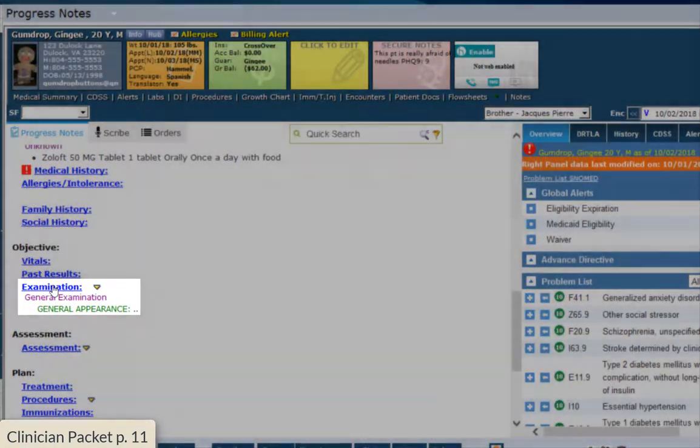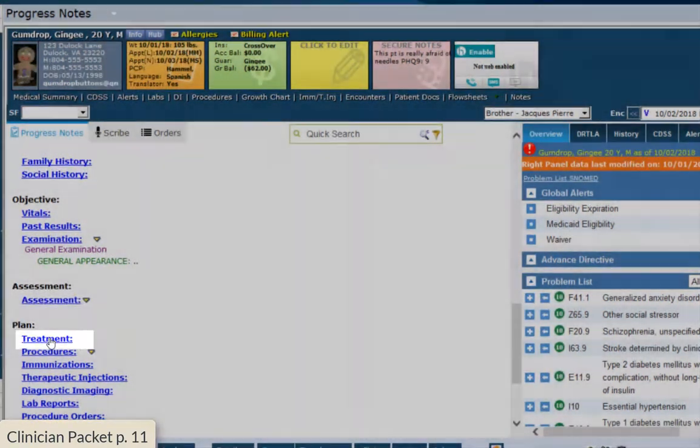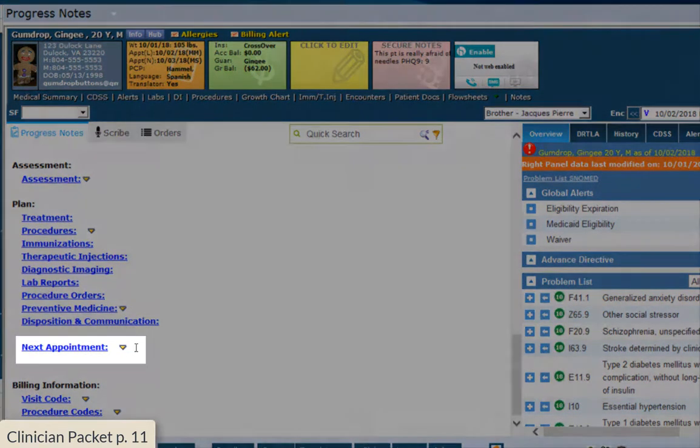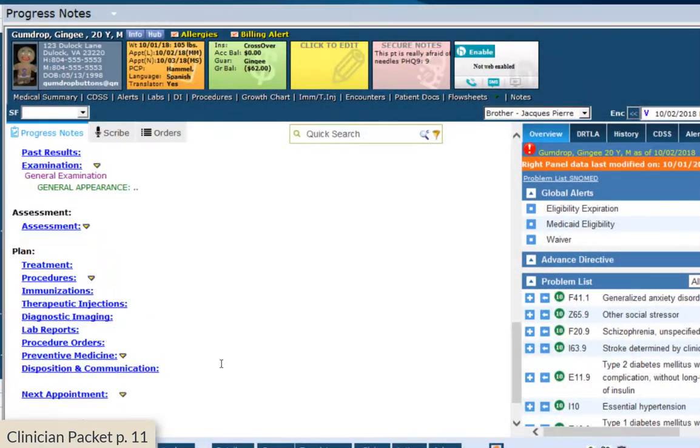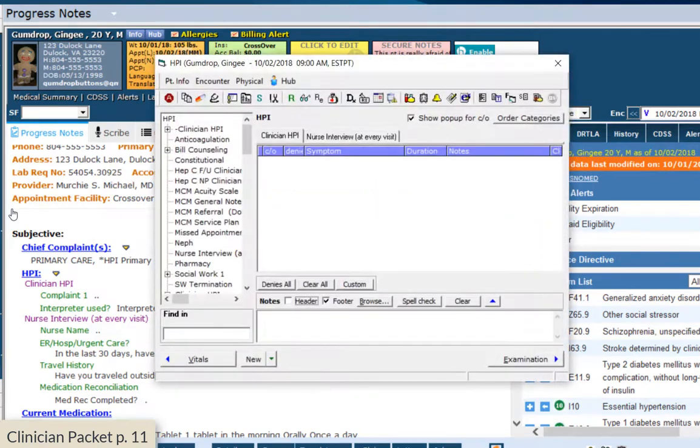the examination section, the assessment, and the treatment. Lastly, the next appointment screen. We will begin with the Clinician HPI. To access any of these sections, you simply click on the blue hyperlink for that section. Once you are in one of the blue hyperlinked sections, you can also use the picture icons to navigate to